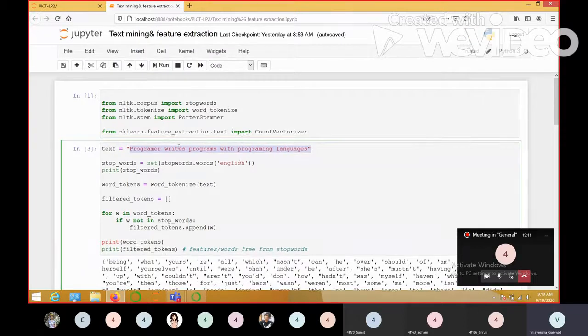It says, programmer writes program with programming languages. So there are n number of words over here whose root form is program. It removes the er, s, ing, ed likewise from the words and converts the word into its root form or base form. That is called the stemming process.